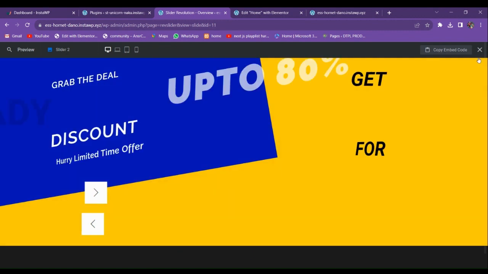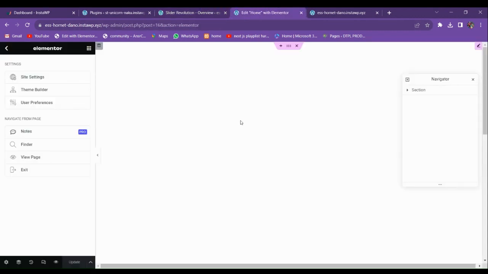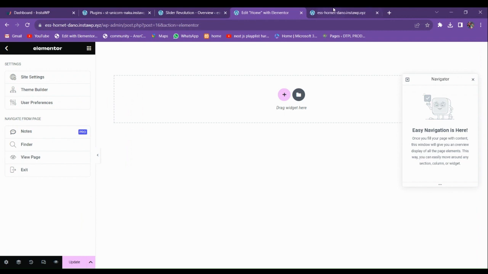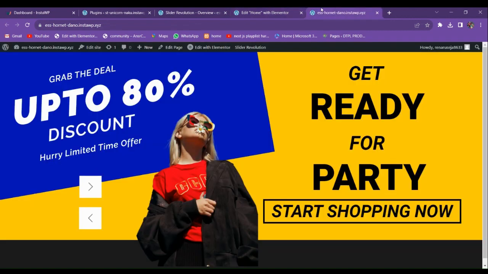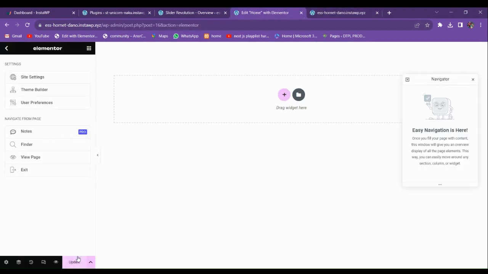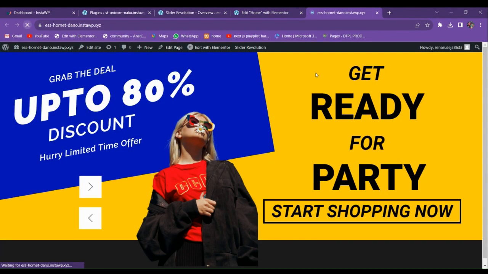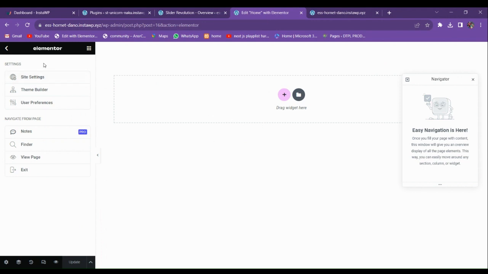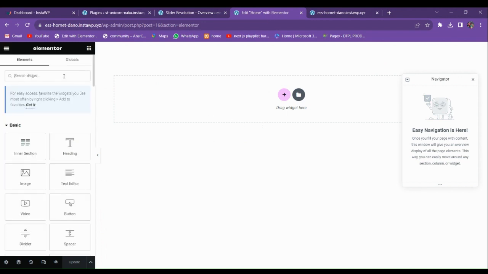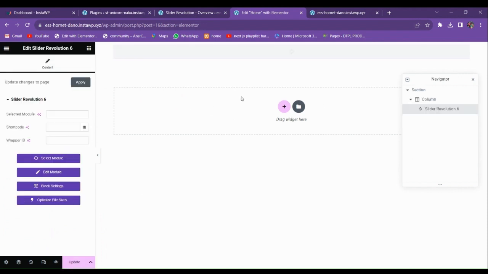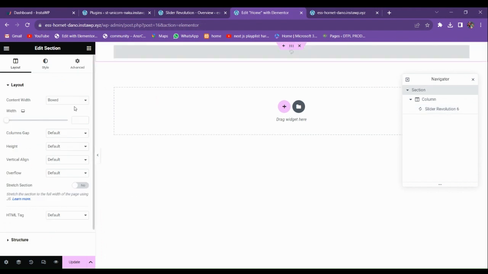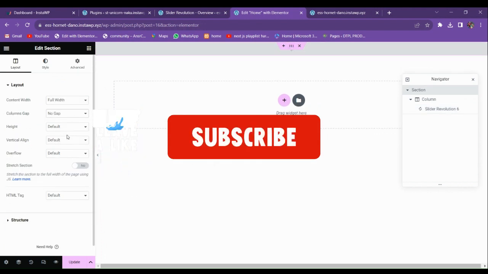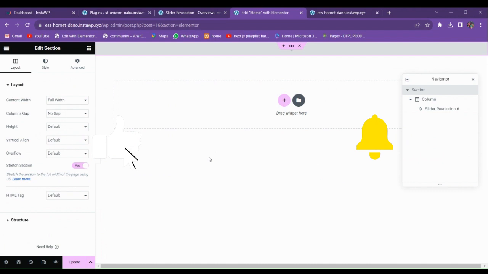Now I am going to show you how you can add the slider here. Let me update it, let me refresh this. Here you can see that this page doesn't have any, so go to here and go to the widget section and search here Slider Revolution in Elementor, and from here choose this container and make it full width, and from here make it no gap and start the session. So in this way you can add the slider wherever you want,